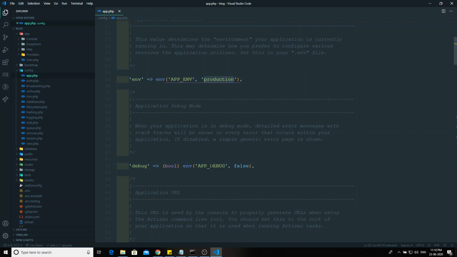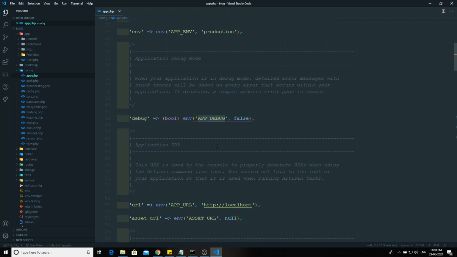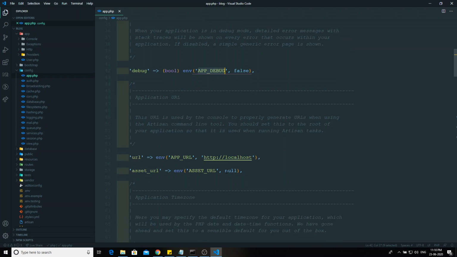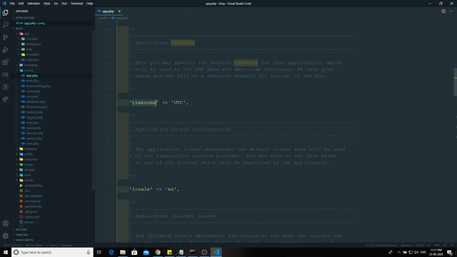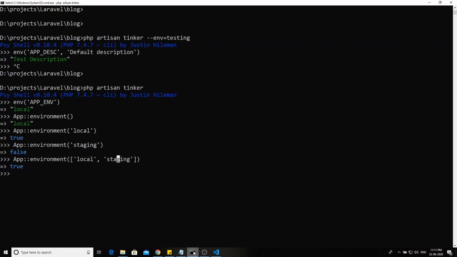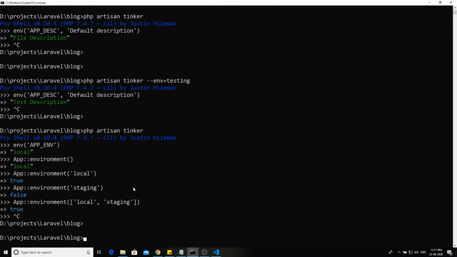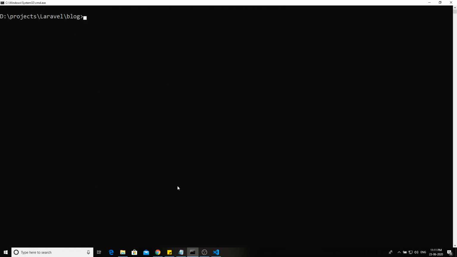And here debug mode is nothing but debugging. In order to show any errors, for example, if it is in debug mode. I will show you afterwards how debug mode will be true or false. APP_URL is the URL. So these are all the configuration values. For example, if you want to access the time zone, the default time zone mentioned somewhere in your project's configuration files, you can access these configuration values